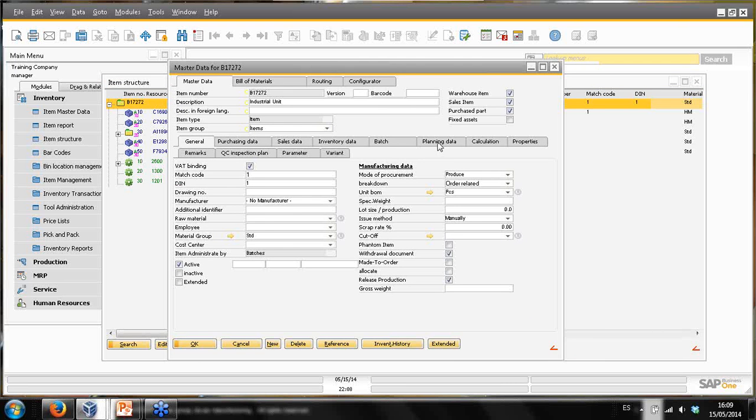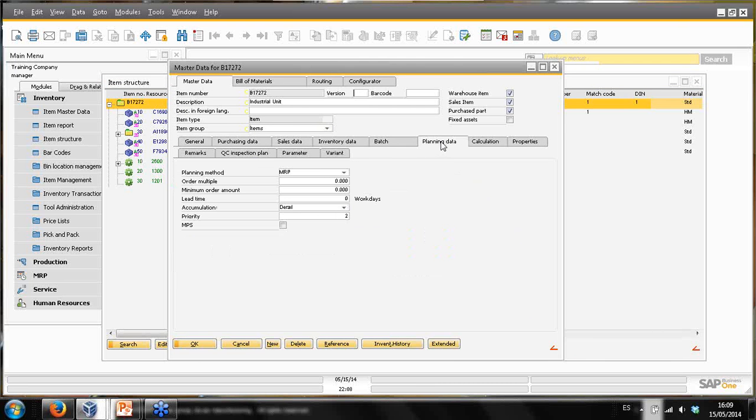if we go to planning data, then we see first a planning method, which states whether this item should be considered by the MRP, yes or no. Basically, this is what this planning method means. If you do not mark the items as MRP, no matter if you run the MRP, of course, you will not see any result for this item. Auto multiple means